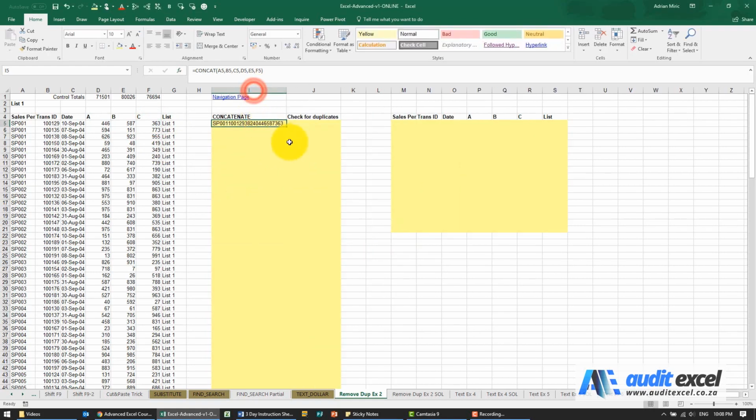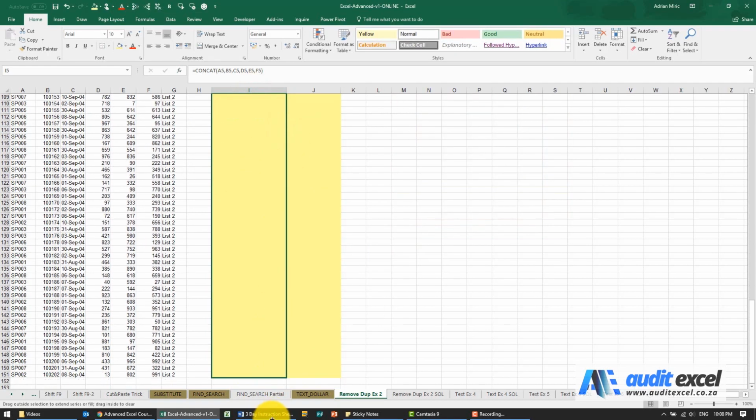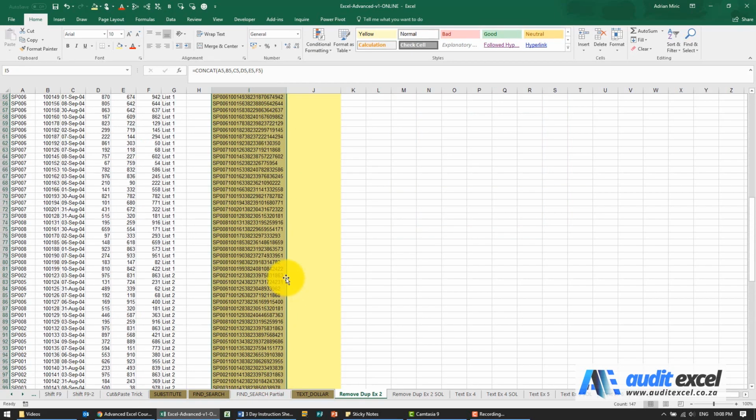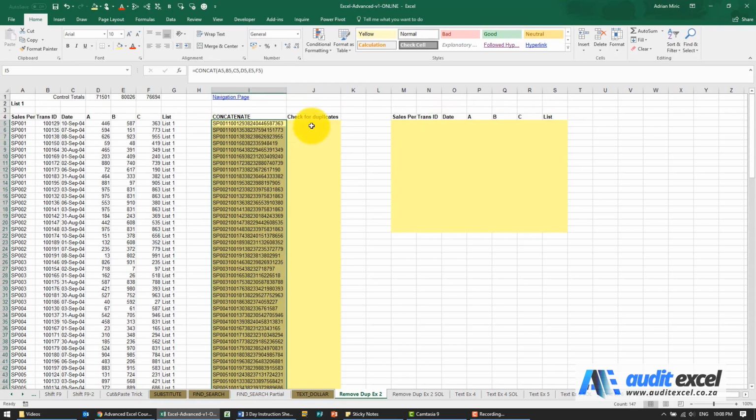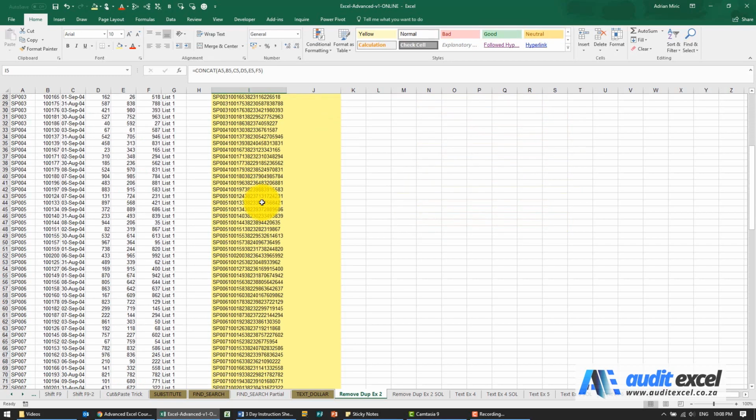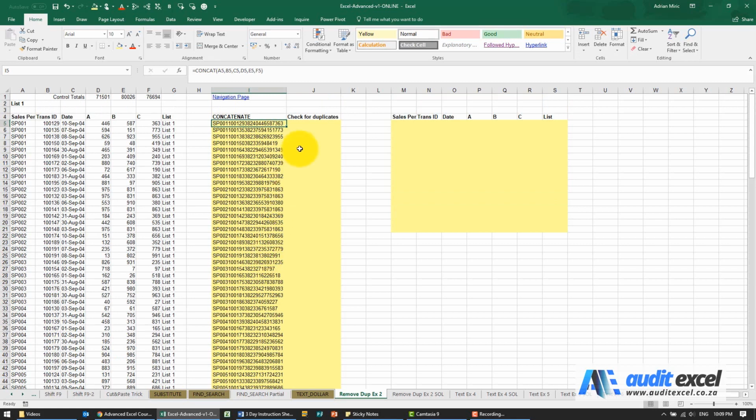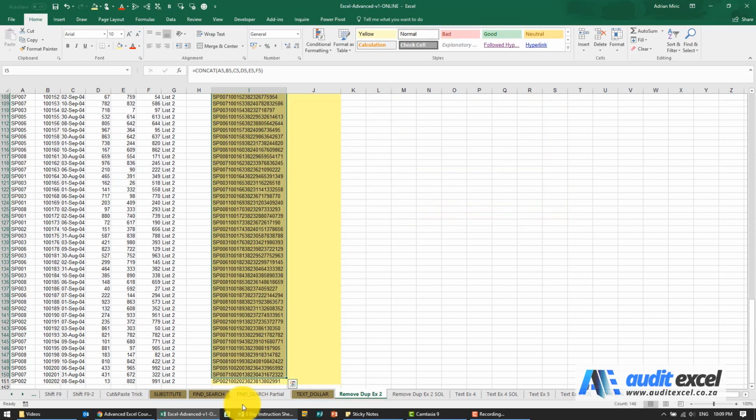So you'll see it looks like that, and on its own it doesn't look very useful. But keep in mind, now we can tell Excel to look how many times it sees that in this list, and because it's an exact concatenation of these, it should help us with it. Now, in order to check for duplicates, what we want Excel to do is to say, look at that and see if you can see it again anywhere in this list. Another way to say that is, please Excel, count how many times you see this item in this list all the way down to the bottom.